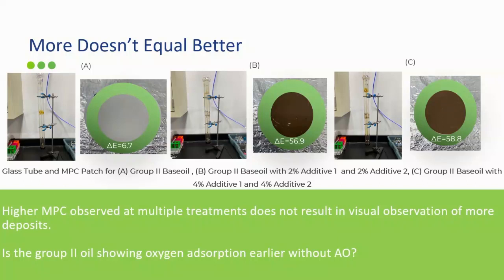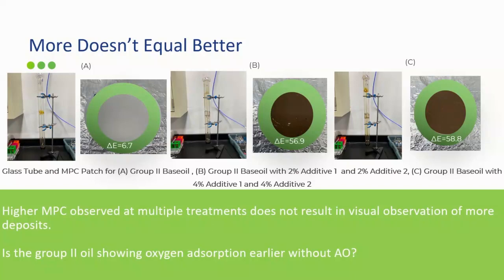With the varnish potential being 6.7, yes, there are some visual deposits forming on the glass, but if you move your attention over to the next set of images in point B, you see that for 2% additive 1 and 2% additive 2 within that same group 2 base oil, the delta E is